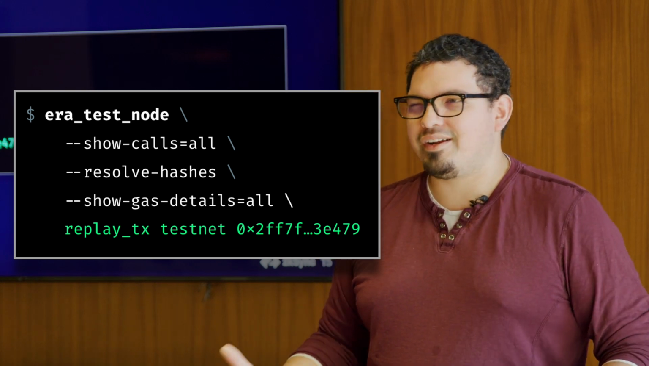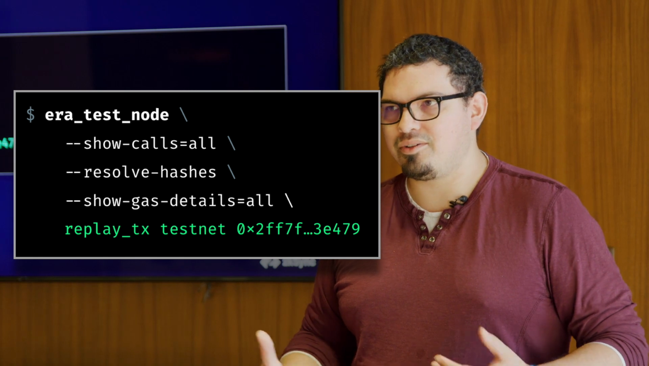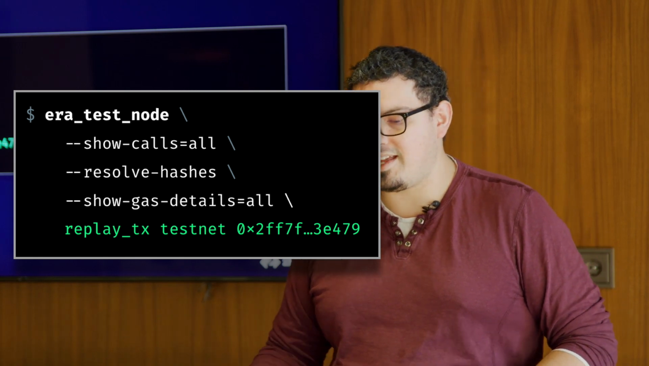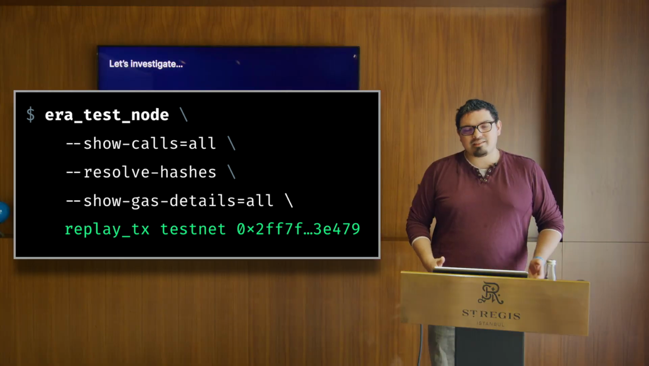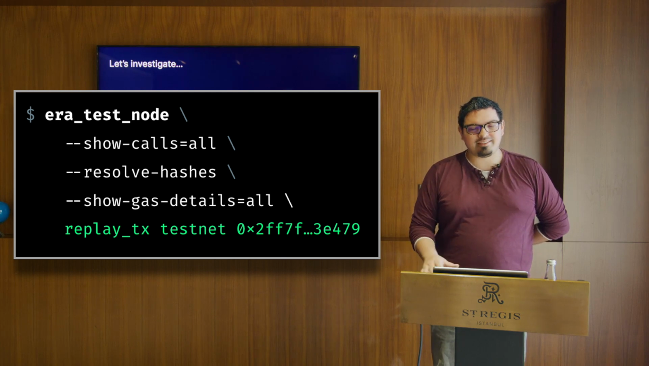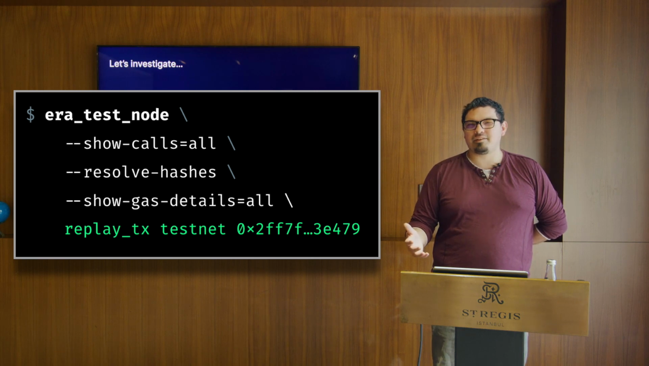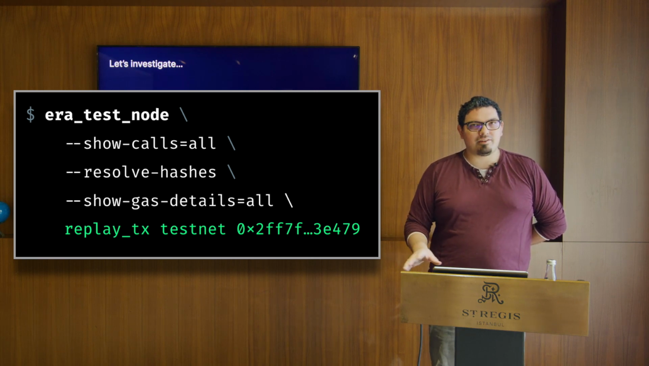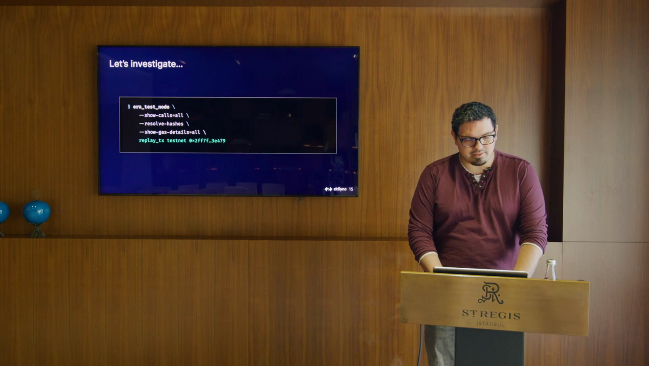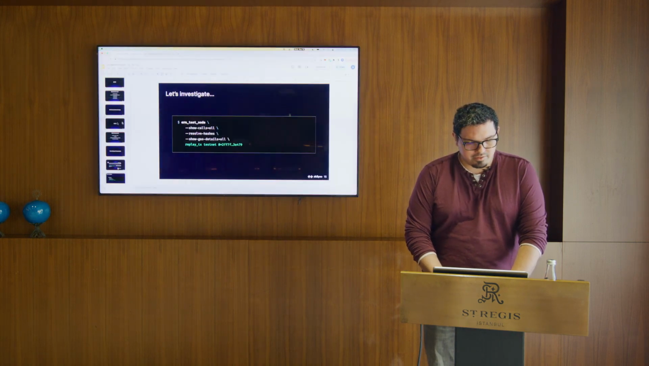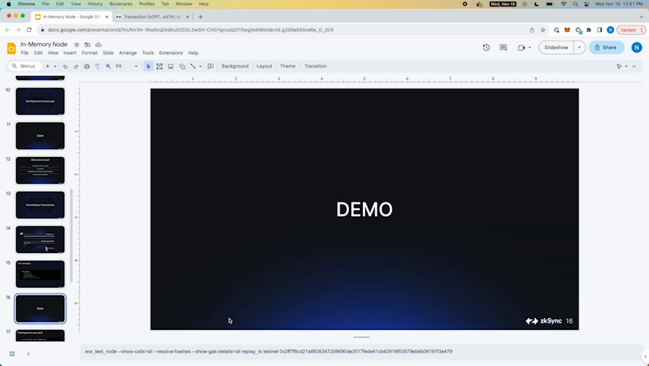We know we already want that information, so let's just go ahead and set up the node to run in that format. But we've also added something new, which is show gas details. I'll show you what that means, but the idea is to dig a little deeper into where the gas cost is coming from and what could be happening there. So if we go and run this command,